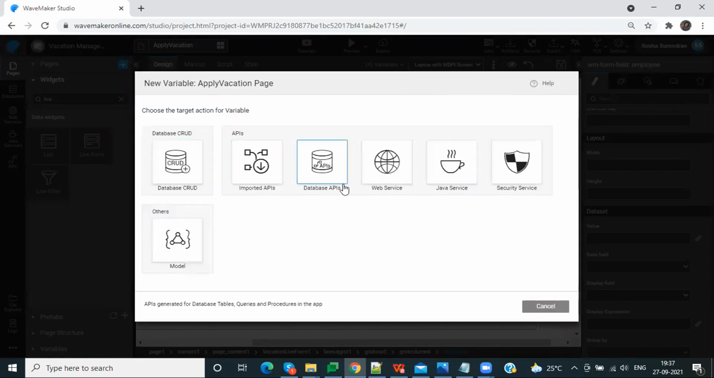Here you can see there are different types of variables that can be created. Database CRUD is for creating, updating, or deleting any data from the DB directly. Or else we have API related variables. If you need any variable to be mapped with the imported APIs, we can have it created using imported APIs. If we need any query procedures or even DB table data, then we can have